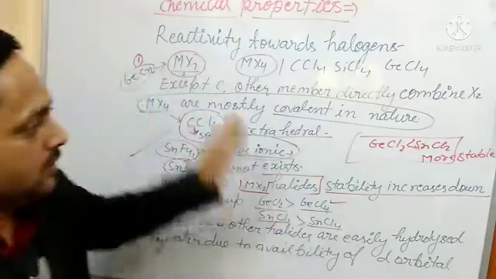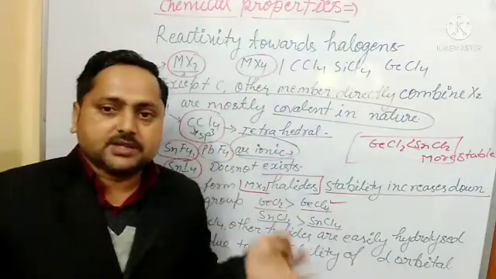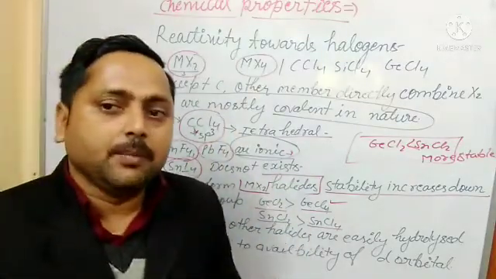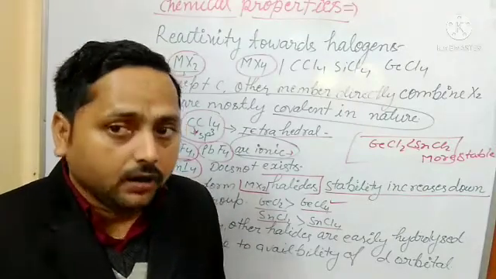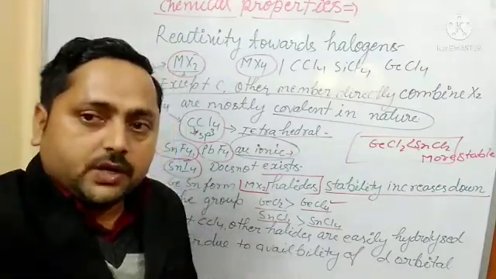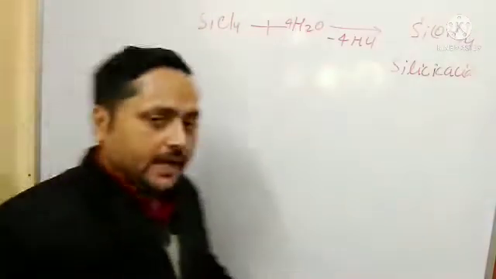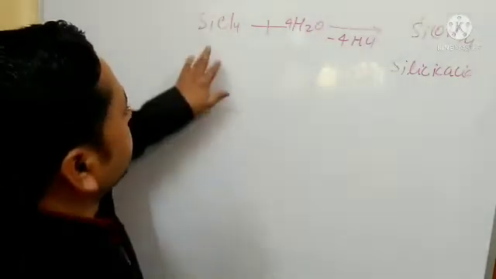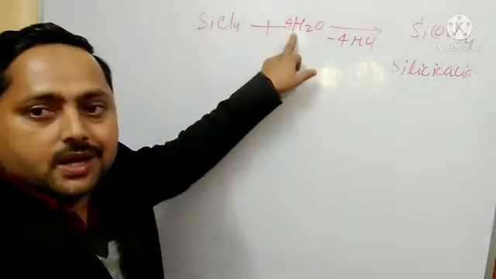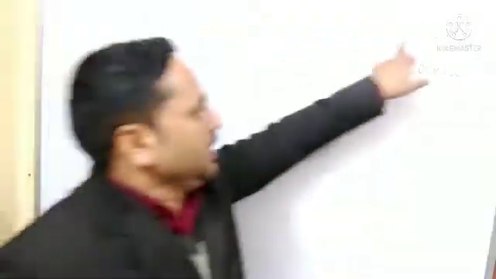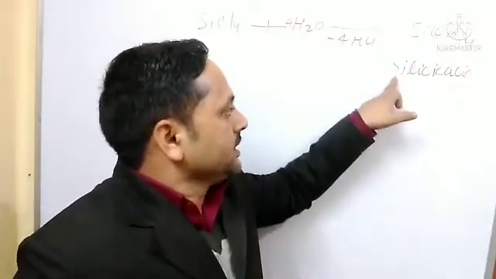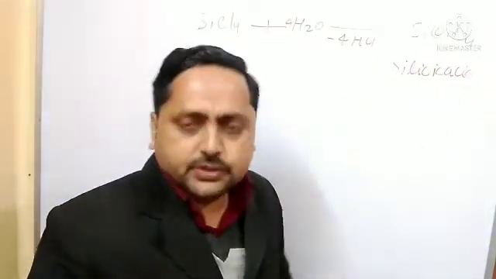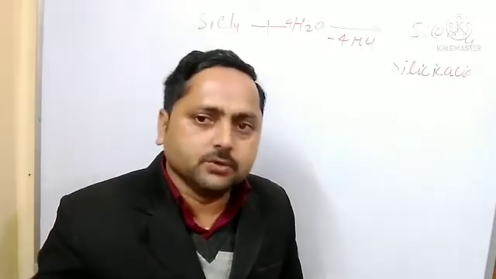Okay, so these are the overall properties, but let us see a hydrolysis example by taking SiCl4. The halides get hydrolyzed by water. Here we have taken SiCl4 and it gets hydrolyzed by water, forming Si(OH)4, silicic acid. Okay, so this is the overall p block elements of group 14. In next